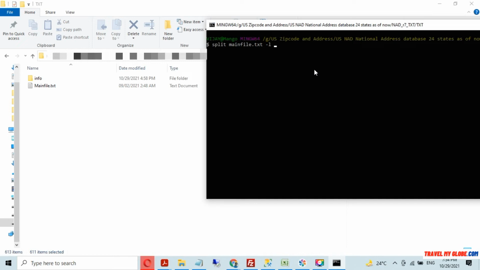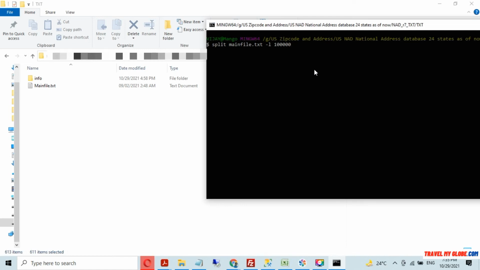I want 1 lakh lines in one file, because my main file is very large and has millions of lines. So I give it 1 lakh, which is 100K, as an option and press enter.